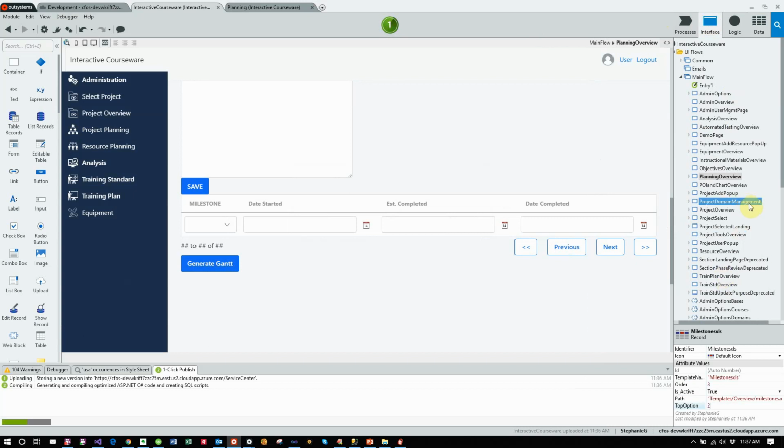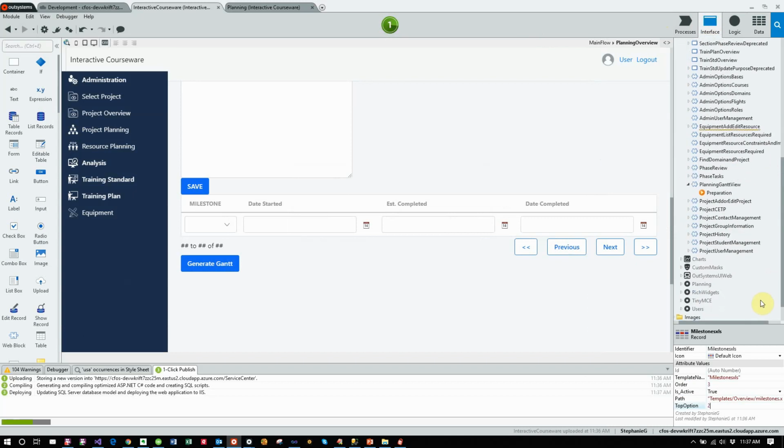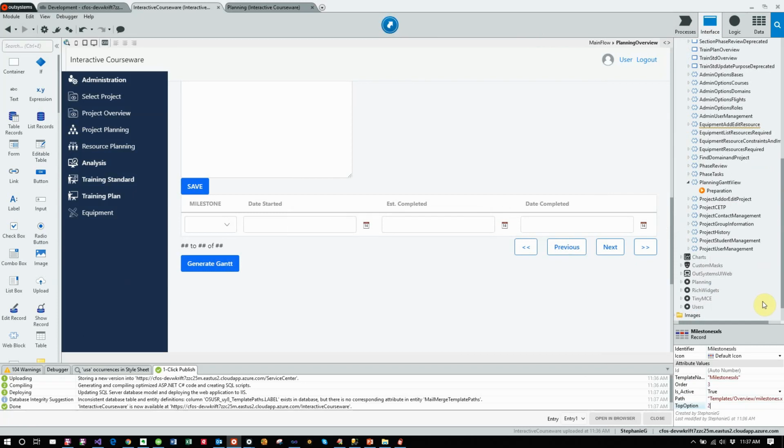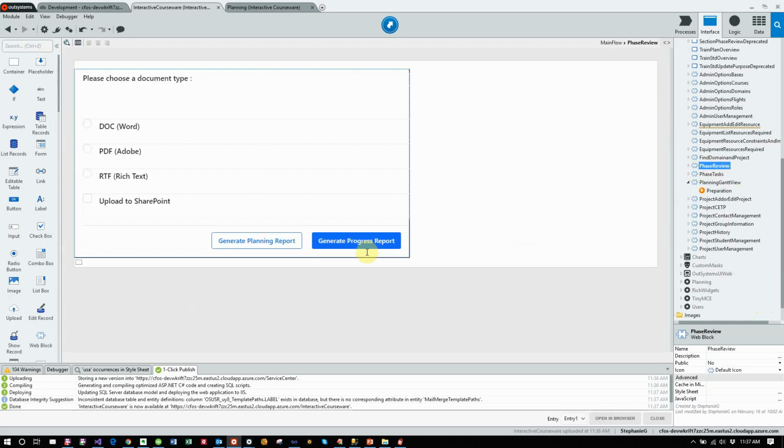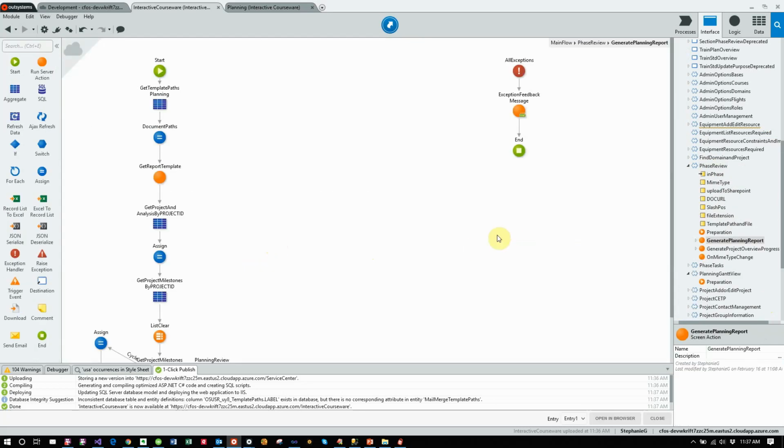And it's going to be a lot like our planning overview or our project reports, which are in this phase review. Okay. So if I look at the action that happens here for generate planning report, as I said, it's very similar